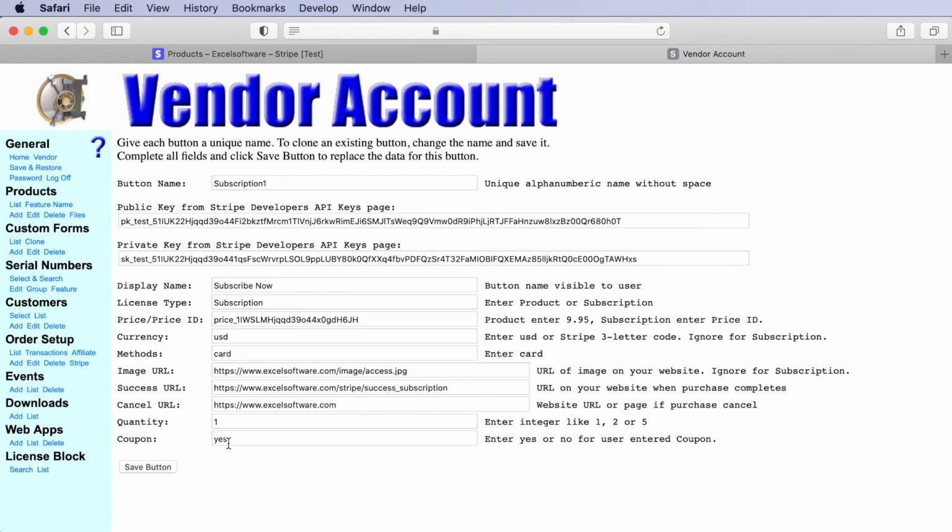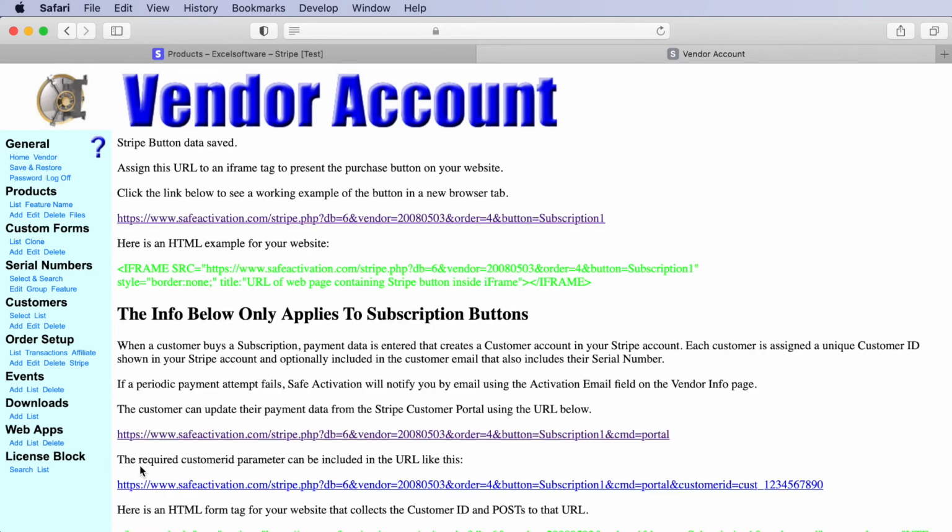process. So again, when we click the Save button, it takes us to this screen, and there is a link to a working subscription button and a little snippet of code that could be placed on your web page that appears like a functional button to make that subscription purchase. We'll take a look at that in a moment, but some of this other information also is of use for